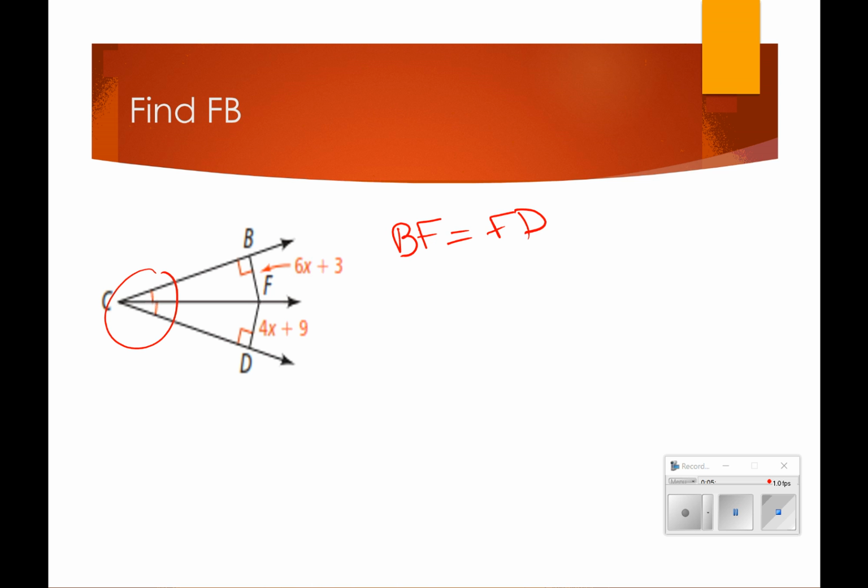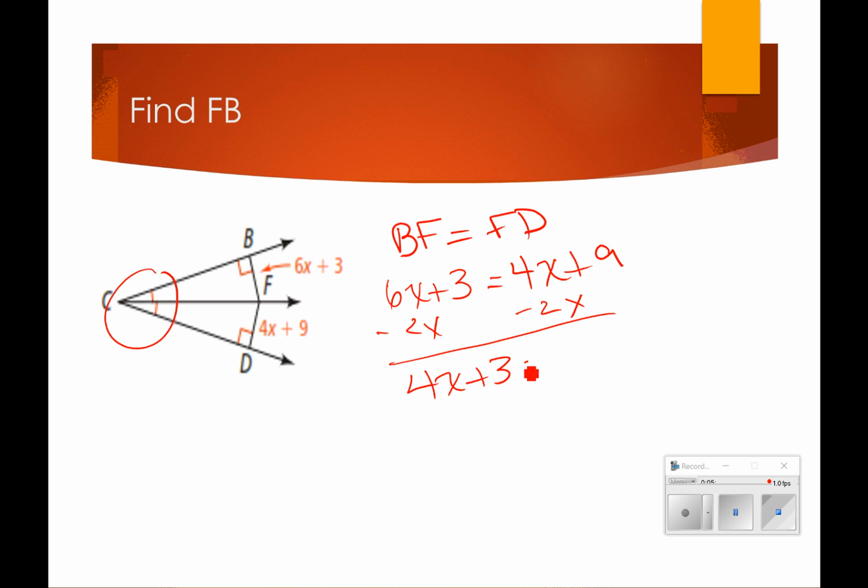So we can set those equal to each other. 6x plus 3 equals 4x plus 9. Okay. So let's go ahead and subtract 2x from both sides, so that we've got 4x plus 3 equals 9. Okay. And then let's subtract 3 from both sides,